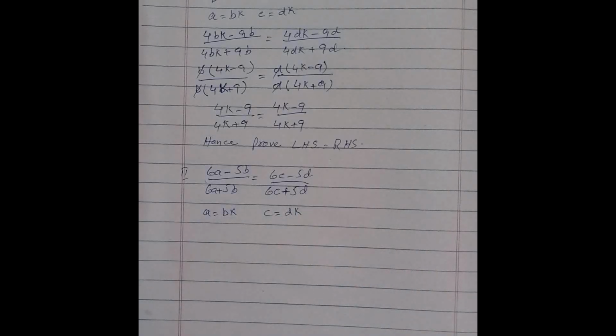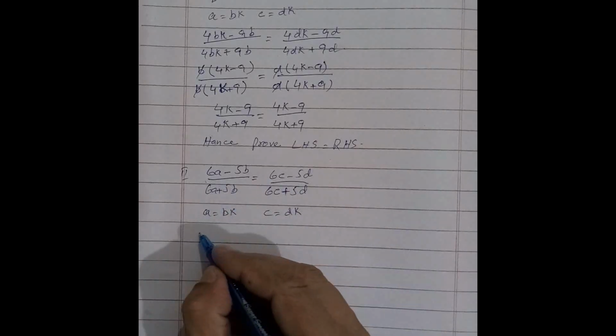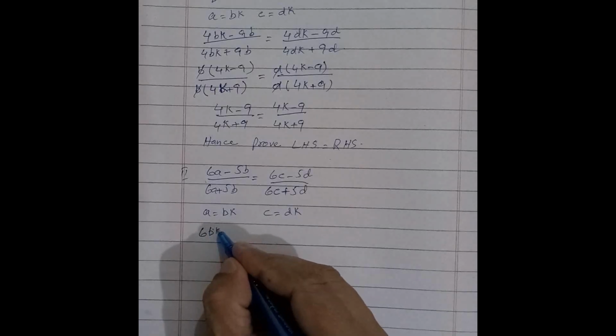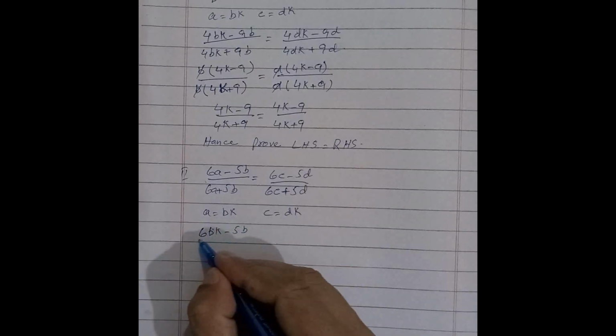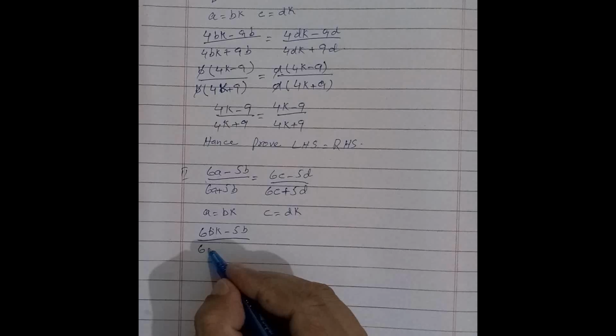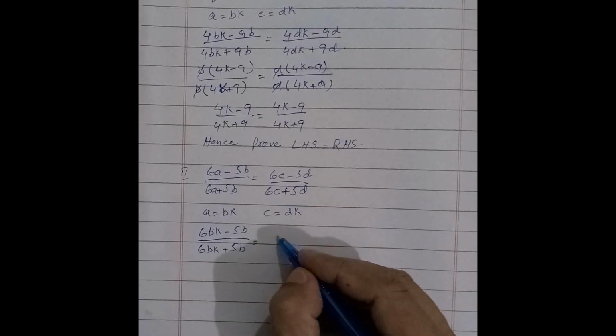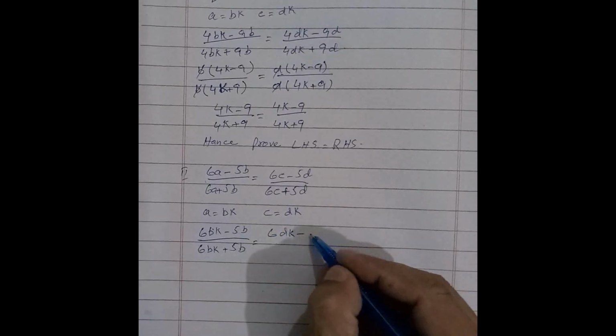Put the values of A and C in these equations. We get 6BK minus 5B over 6BK plus 5B is equal to 6DK minus 5D